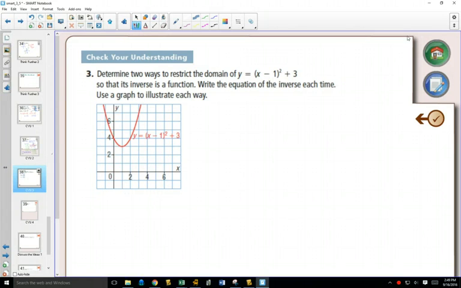So this question is checking that. How can we restrict the domain in two different ways so that the inverse is a function? And we talked about if we only had half of it, it would pass that horizontal line test. So one way